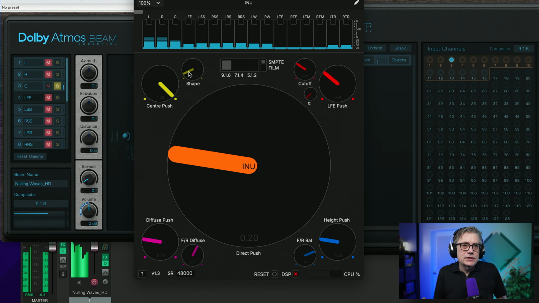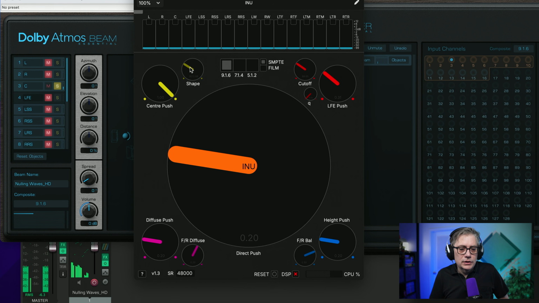This can be used, for example, if you want to push more of the vocals into the center channel, because the vocals live in a certain frequency range. If I'm playing around with that, you will hear that the frequency that is pushed into the center channel changes. So I can zoom in on the vocals. Let's just wait until the vocals come in. So maybe something like here. Then I'm going to set that back and then unsolo that track.